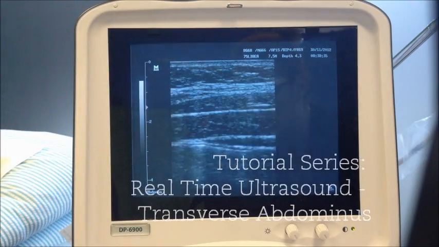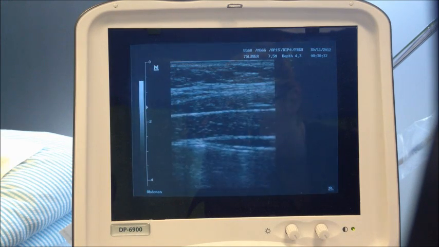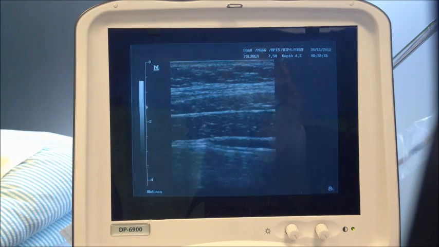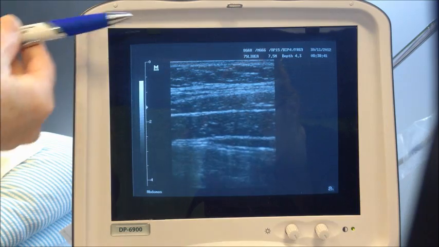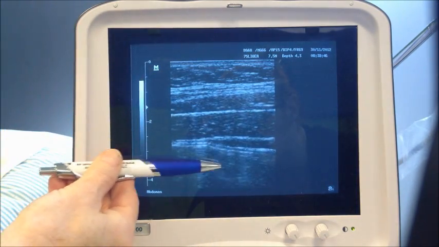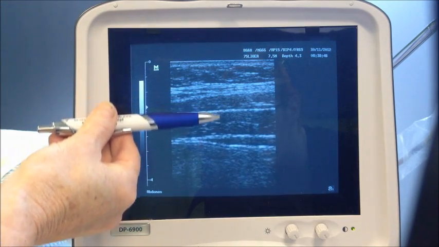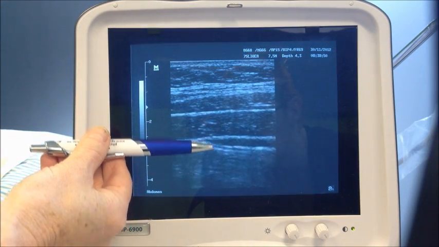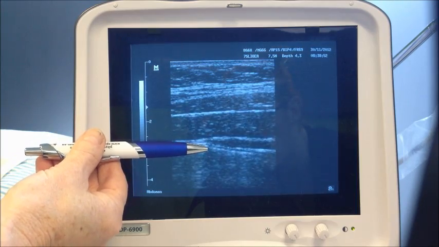So here we are now on the screen. I've got the ultrasound on the patient's tummy, and we're now looking down from the skin all the way down to the deep abdominal contents. With the patient here, you can just see that she's breathing normally, and we're just seeing the movement of